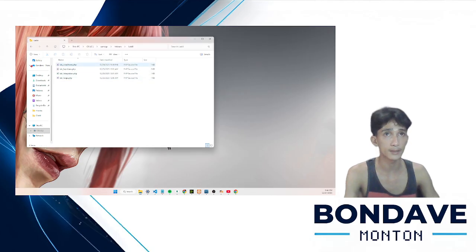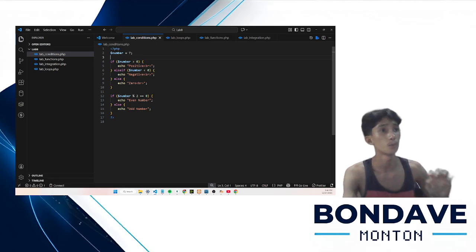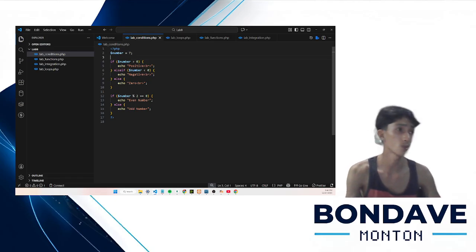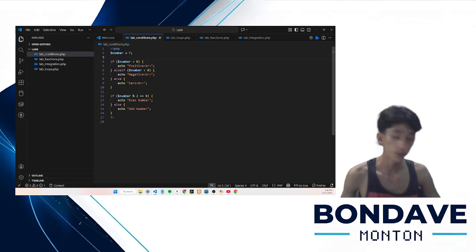To open one, we right click it and choose the option, and it will automatically open in Visual Studio Code, assuming you already installed VS Code.